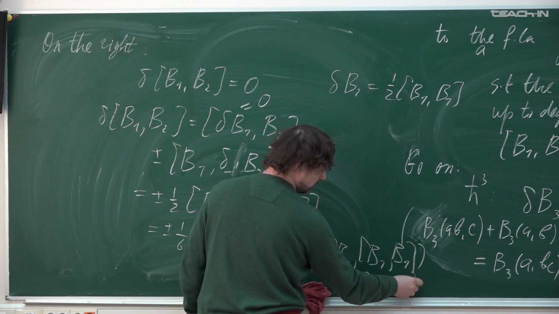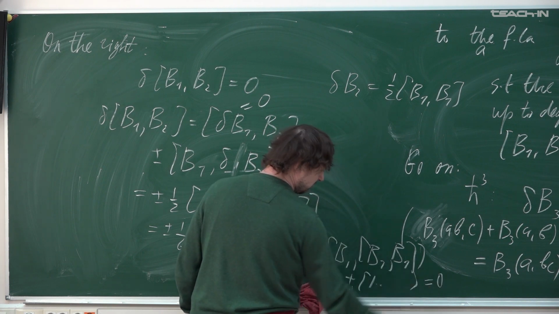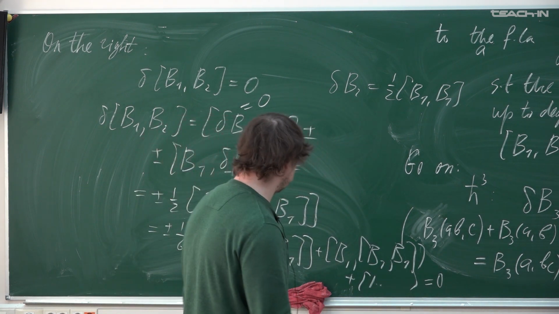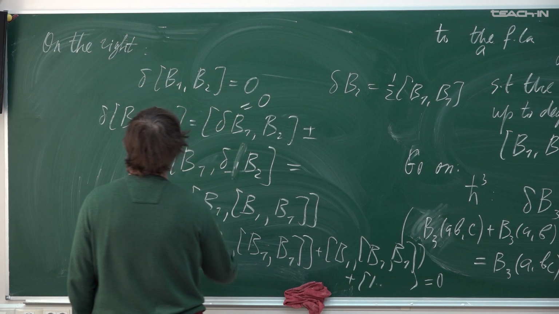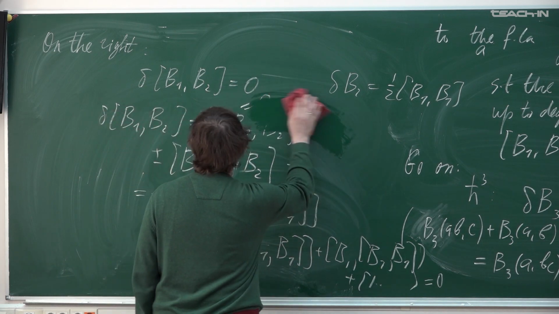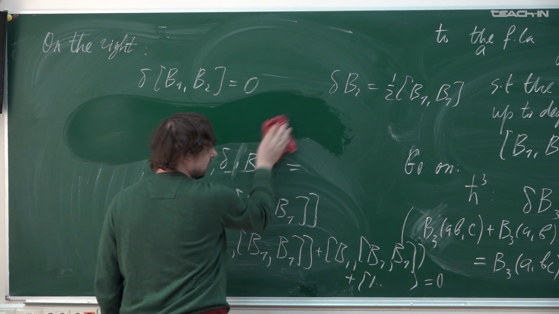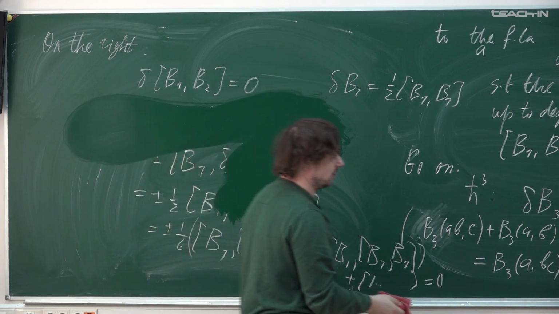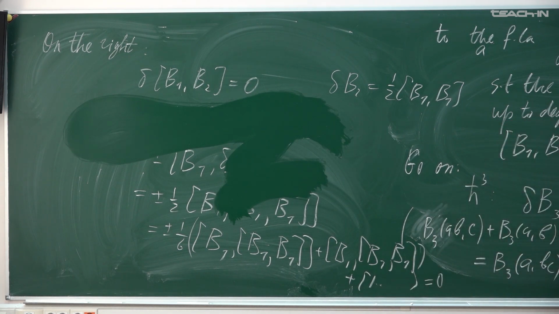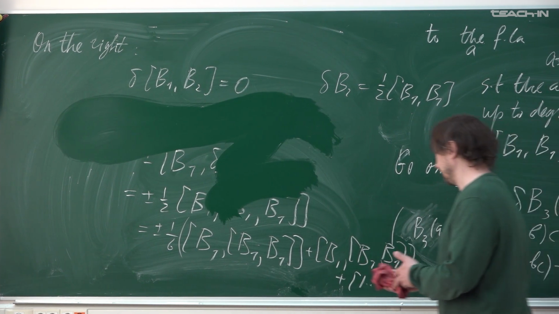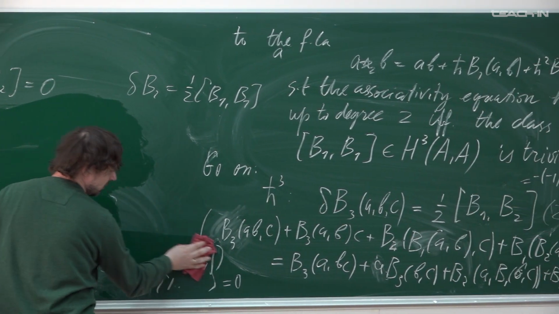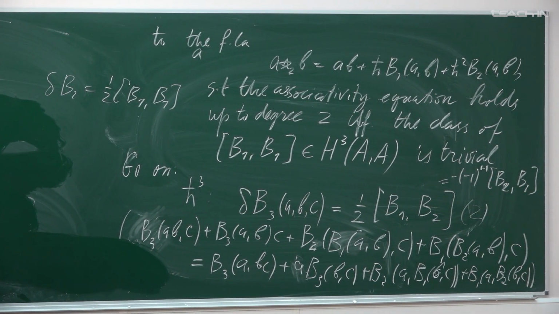And so on. I don't want to write this. And this is equal to 0 because of the Jacobi identity. So we have this equation here, and we conclude that the right-hand side of equation number 2 is again a cocycle. And again, the condition that we have here looks like